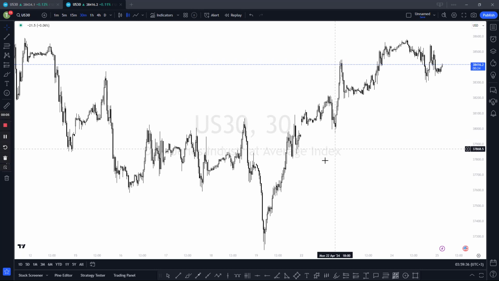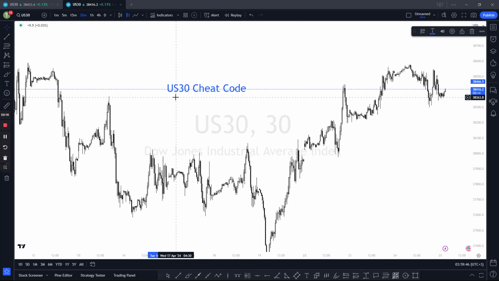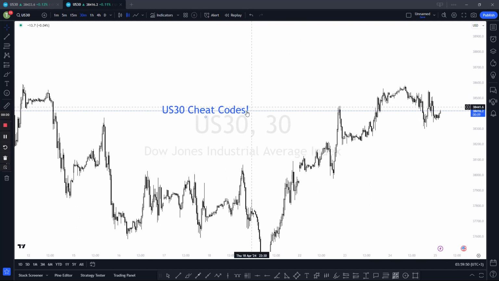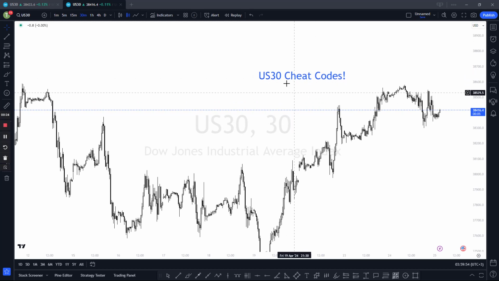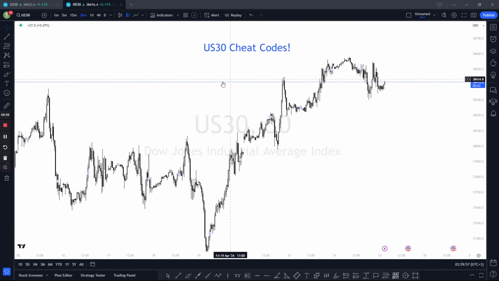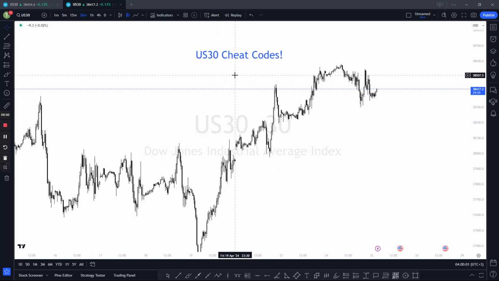What we're going over today is that we're actually reviewing the US30 cheat codes. Cheat codes, yes, you read that right. We are going to be going over and breaking down the key hidden levels within US30 to be able to give us proper support and resistance levels,